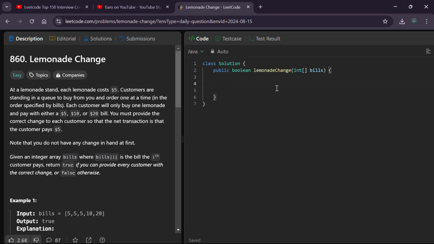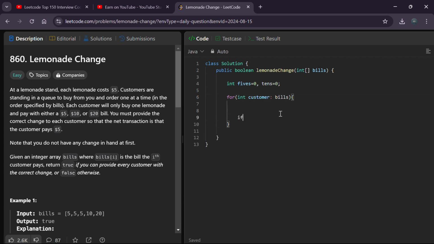We need to count the $5 bills and $10 bills. So let's take fives and tens, initially both zero. We have to iterate over bills, right? For every transaction we have to check. So, for each customer in bills,